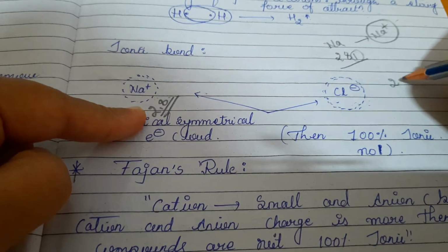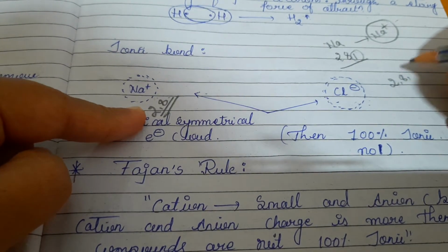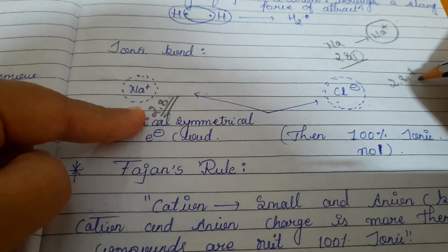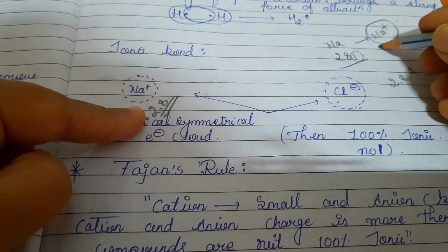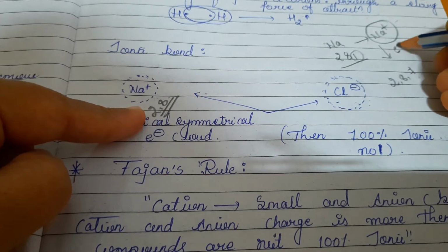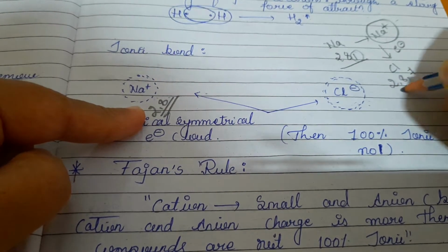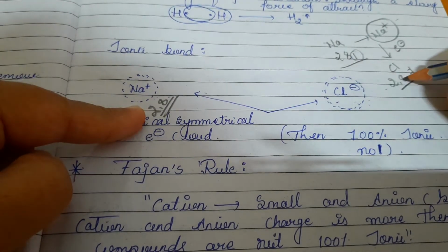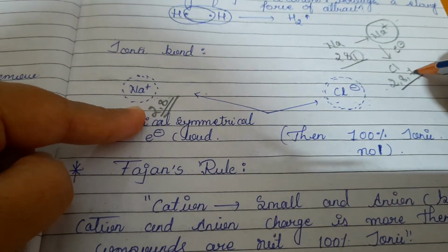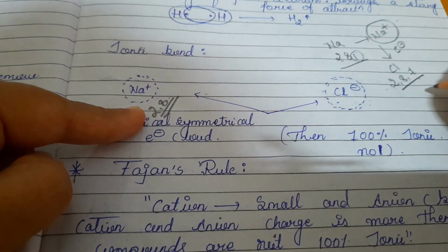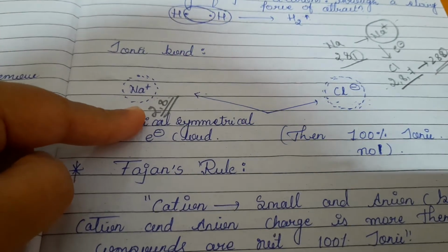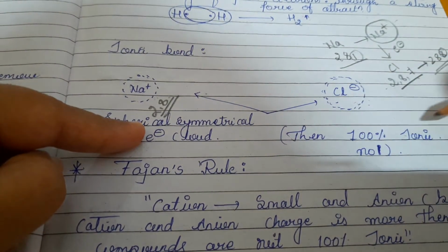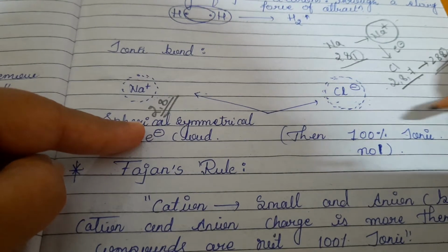Now we have 7 electrons in the outer shell of chlorine. So chlorine, which shows 7 electrons, gains the 1 electron which was lost by sodium. This is the Cl configuration, 2 plus 8 is 10, so 17 electrons in total. Once it accepts 1 electron, it forms 2-8-8, meaning its octet is completed. So then it is 100% ionic, otherwise it is not.